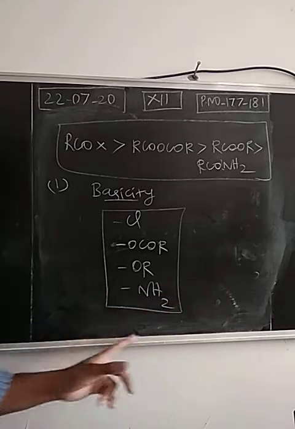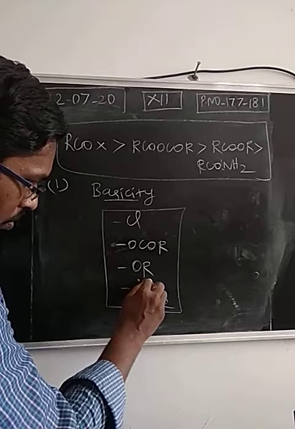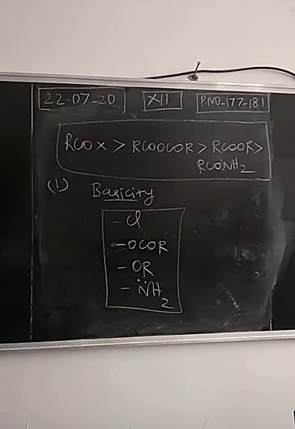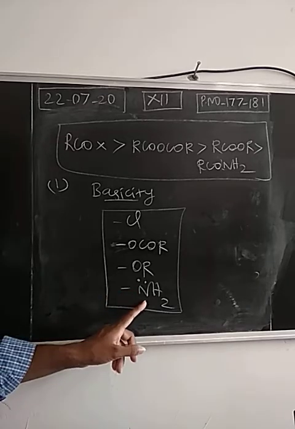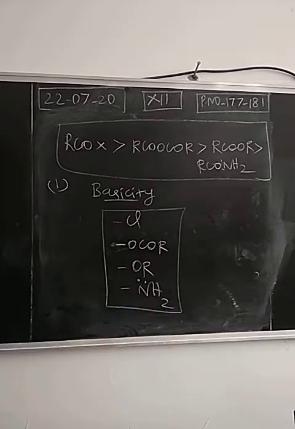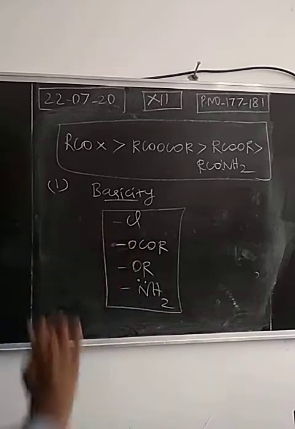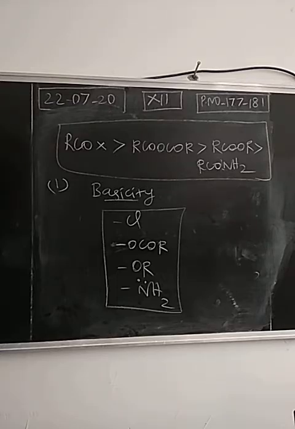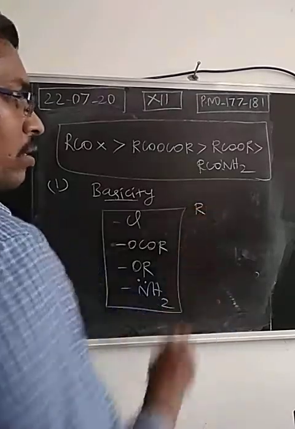So when you take the amino group, nitrogen has a tendency of losing the pair of electrons. So this lone pair of electrons can be easily lost. So this has more basic strength, right? So this has more basicity. It's a stronger base. Then take a halogen. As I told, the halogen is closer to the noble gas, so it will have the tendency of accepting the electron. So this is least basic. Okay.